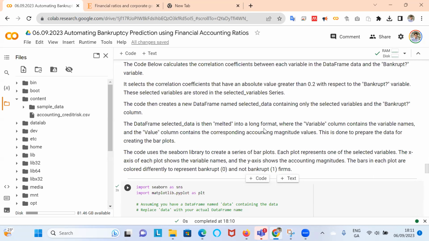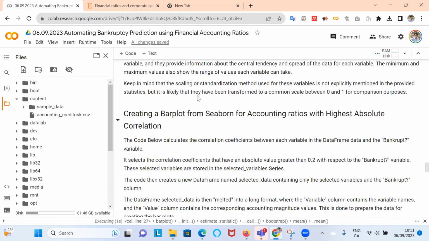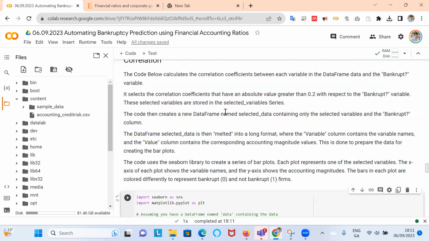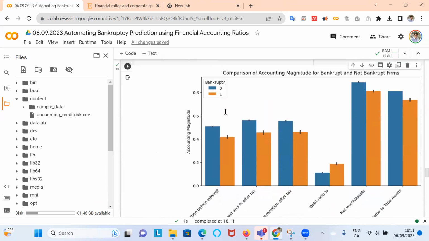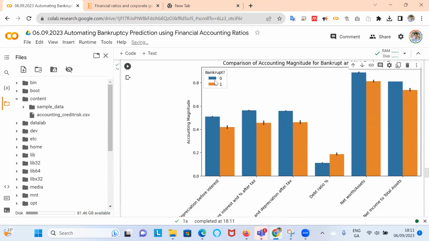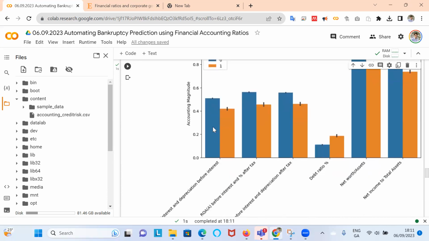And we could do another form of interesting visualization, our bar plots from Seaborn, and we could compare those companies that are not bankrupt against those companies that are bankrupt and compare the mean level of the accounting magnitude.